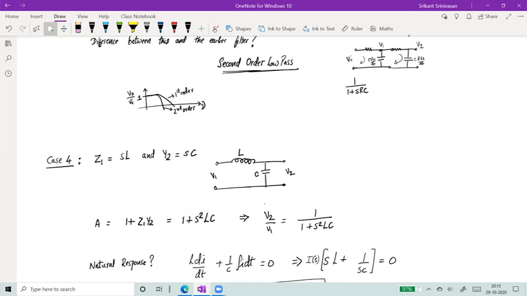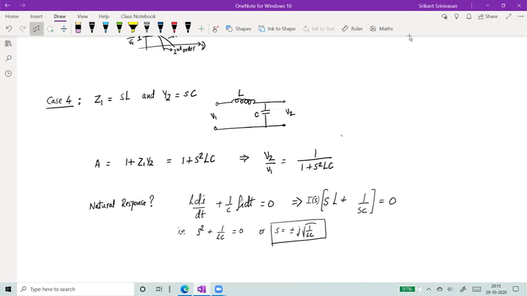And therefore the ratio of output by input, V2 divided by V1, is the inverse of A. That's 1 by A. That's 1 over 1 plus S square LC. And see, you notice the same thing. Because the resistor is gone, because there is no resistor and there is only an inductor over here, this is resulting in a new term, which is, voltage is equal to L di by dt. So you have some differential coming here. The voltage across the capacitor is 1 by C integral I dt. So one differential and one integral. So now you are left with a second order system.